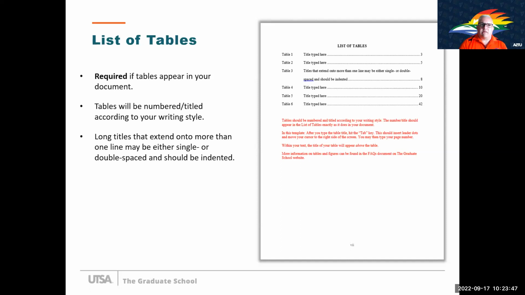The list of tables and list of figures are formatted very similarly to the table of contents. It is going to be double spaced. You would do whatever the table number is. So some people have simply table 1, table 2. Some people have it by chapter. So table 1.2, table 1.3, table 1.4, etc. And then you would put the title of your table, leader dots, and the page number that the table